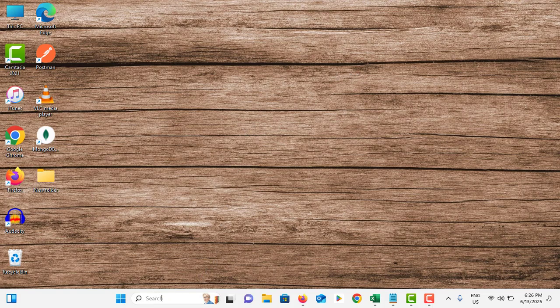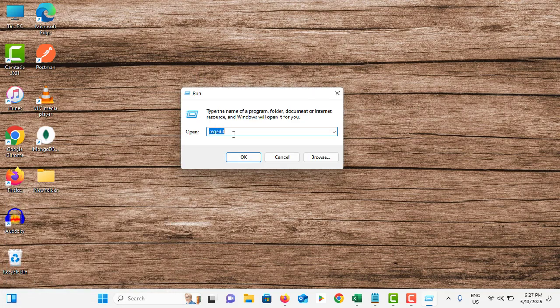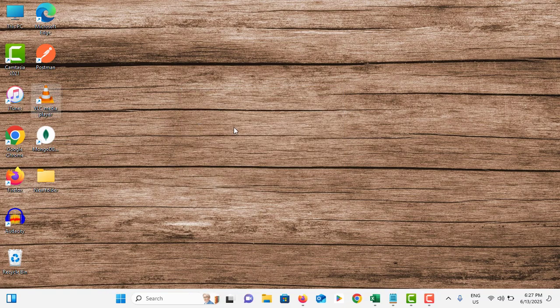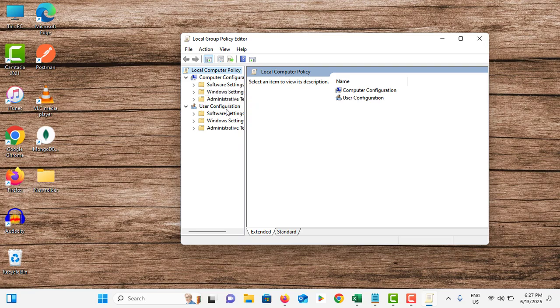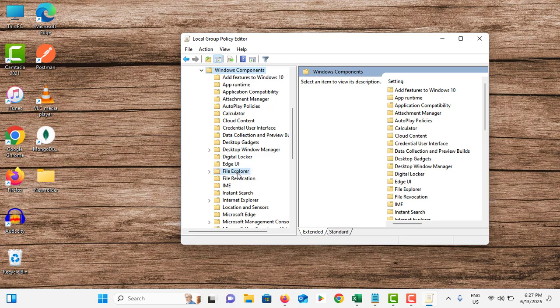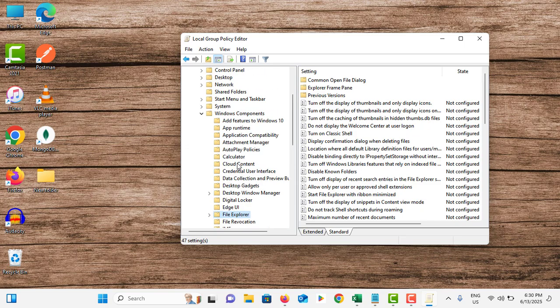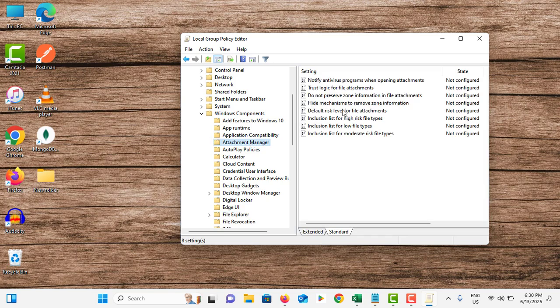Once it is done, again go to the search bar, search for Run, tap on the Run application. In here you need to type gpedit.msc and hit enter. In here you need to navigate to User Configuration, double tap on Administrative Templates like this. Then go to Windows Components, double tap on it, and File Explorer, double tap on it. Not File Explorer, scroll up and you can see Attachment Manager, just tap on it and there is